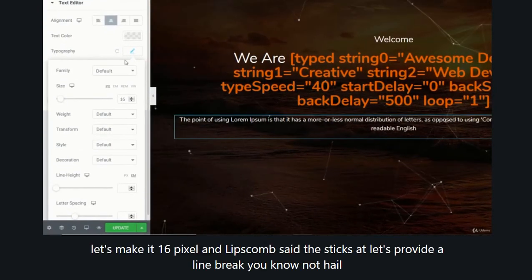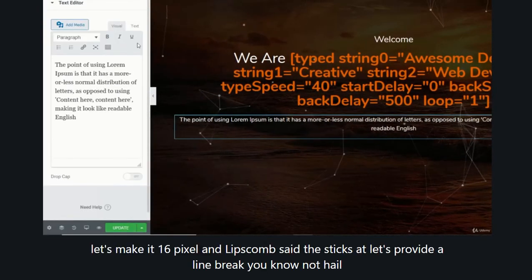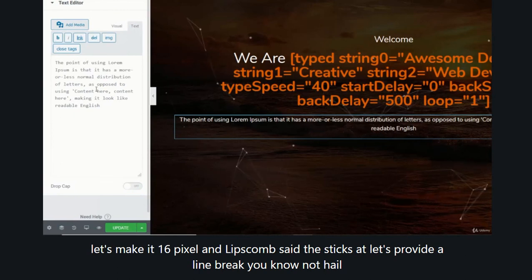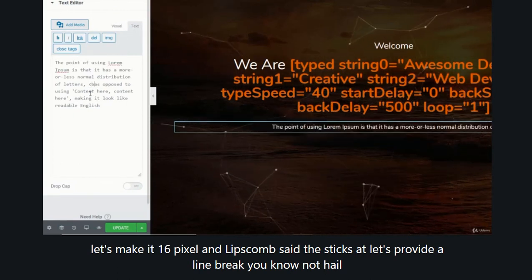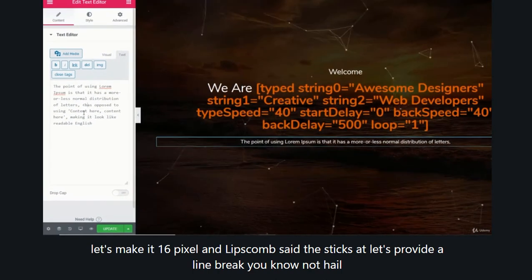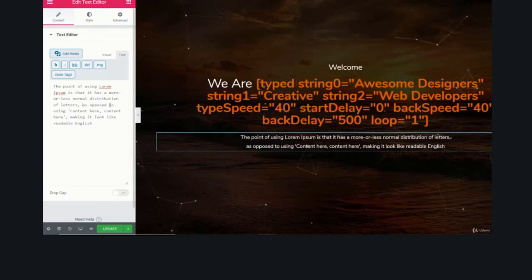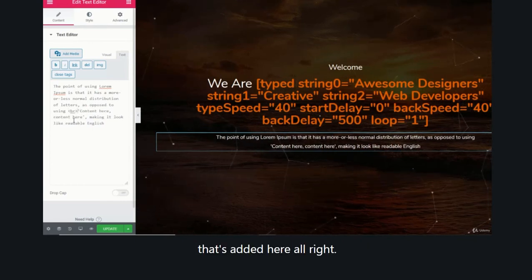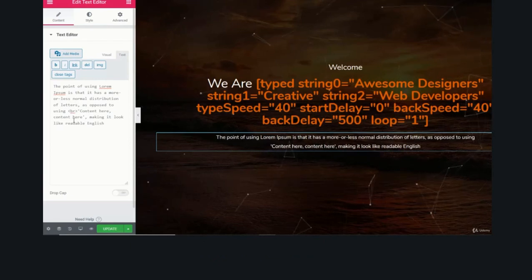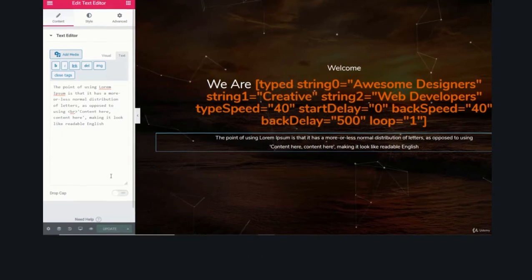Let's make it 16 pixel, and let's come inside this text. Let's provide a line break here, not here. Let's add it here. All right. Click on update.